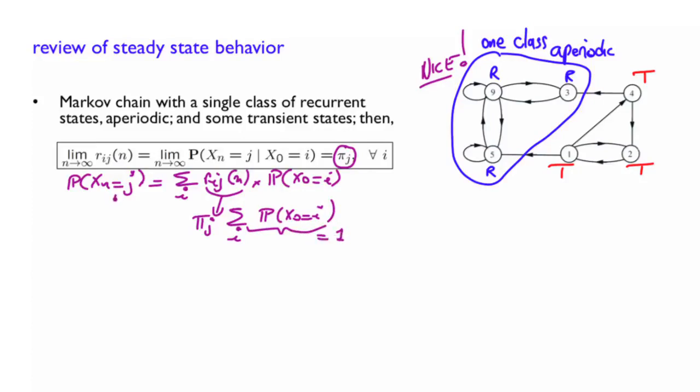So in the end, you have that converges to pi of j. So the conditional probability, given the initial state, is in the limit the same as the unconditional probability when n is large. And in that sense, it tells us that x of n and x of 0 are approximately independent. They become independent in the limit as n goes to infinity.